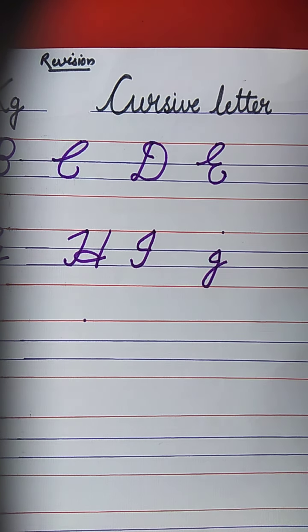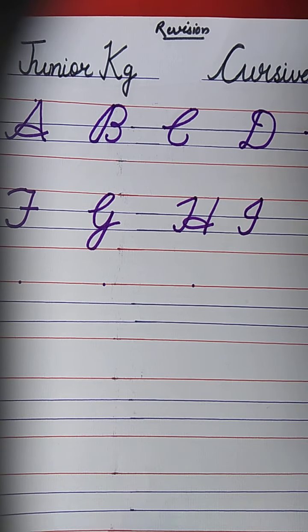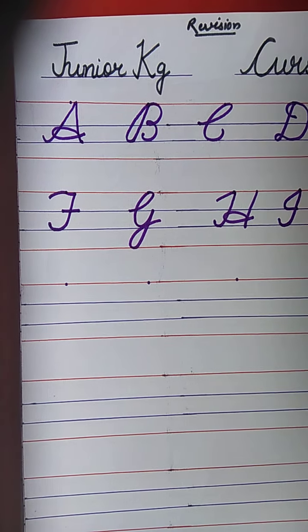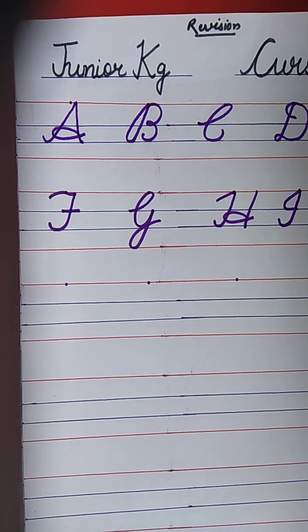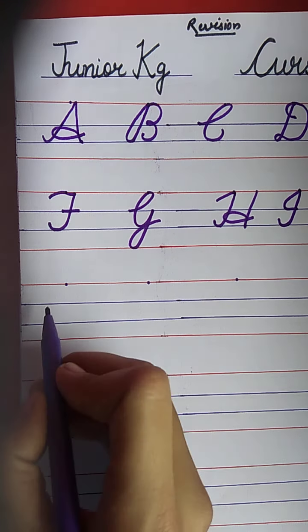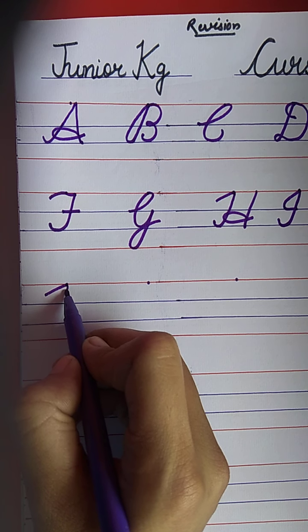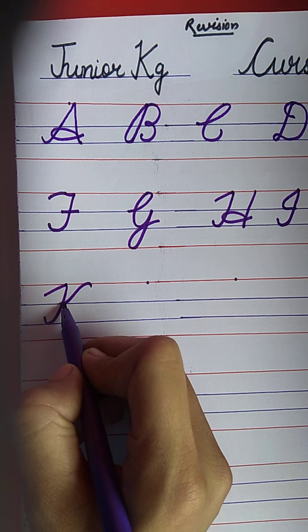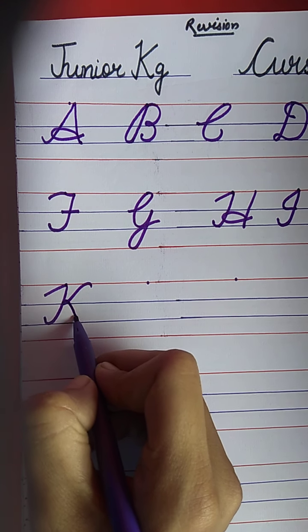This is letter J. J for joker. What is the spelling of joker? J O K E R. Joker. Now the next letter is K. J for joker के बाद कौन सा लेटर आता है? K. K for kite. See here, a curve, slanting line, again a curve, one more curve line, loop, then again